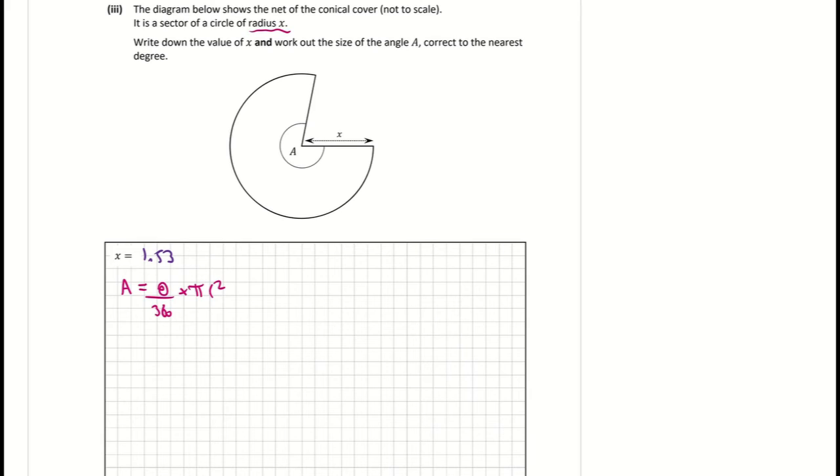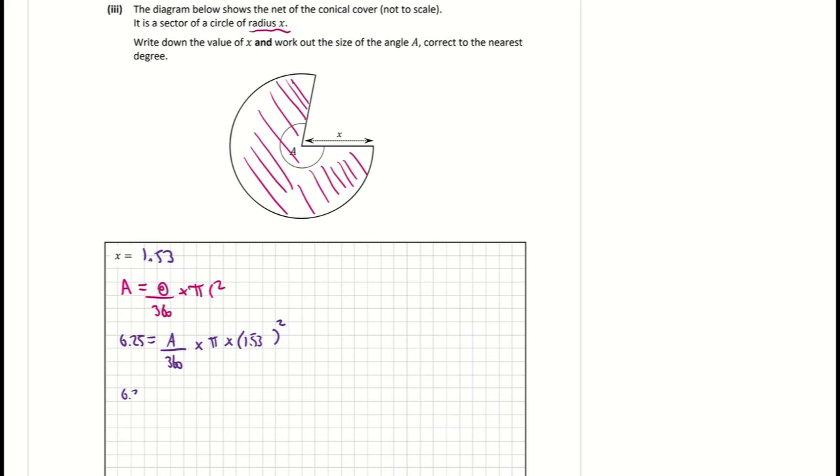Now, if I look back on part 2, we found the area of that curved part to be 6.25. So I'm going to fill 6.25 in for my A. Let that equal my angle, which is the A in the question, over 360 multiplied by pi r squared. Now my radius here is 1.53 to the power of 2. Tidying that up a little bit, I get 6.25 is equal to A over 360